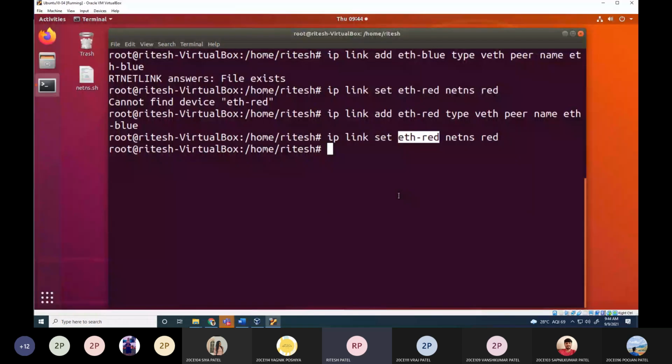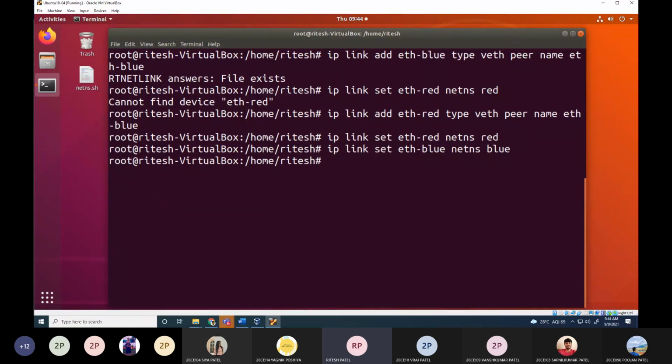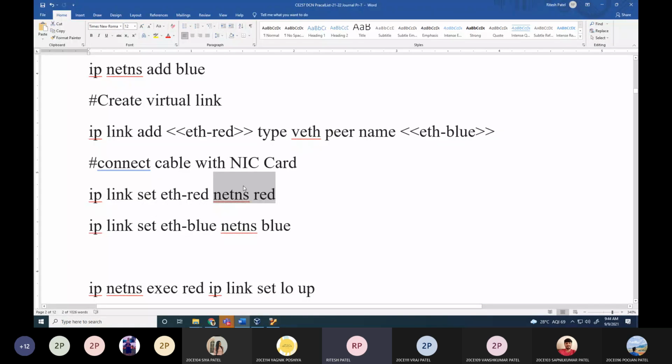Same way for blue, I will use the command reusability concept of the Linux environment, the up arrow key. I will change whatever I want to change over here. I have changed only the other end, eth-blue, which is connected to netns blue. Okay, so now my topology is created, the link is created, the links are connected, and now I have to start